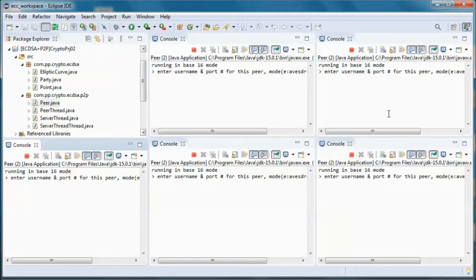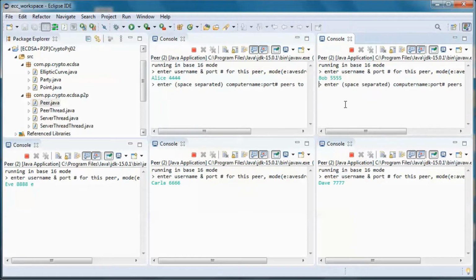So 4 communicating peers and 1 eavesdropper, and they would be communicating with signed messages.